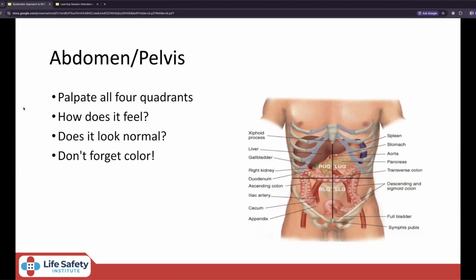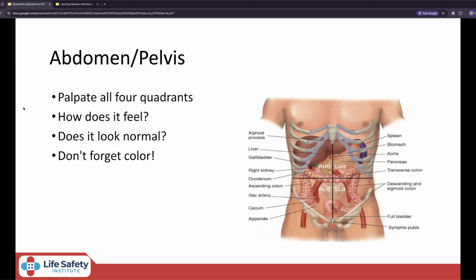Right? So we break them up into fours or quadrants. There's going to be an upper and a lower and a right and a left. Anytime we're talking about right and left, we mean the patient's right or the patient's left. So if you look at somebody and you say, left, but it's your left, that's actually their right. So one of the things that you're going to have to become conscious of now is when we say right and left, we mean the patient's right or the patient's left. All right. Especially as you're starting out, that gets mixed up quite a bit, but put some effort in, work